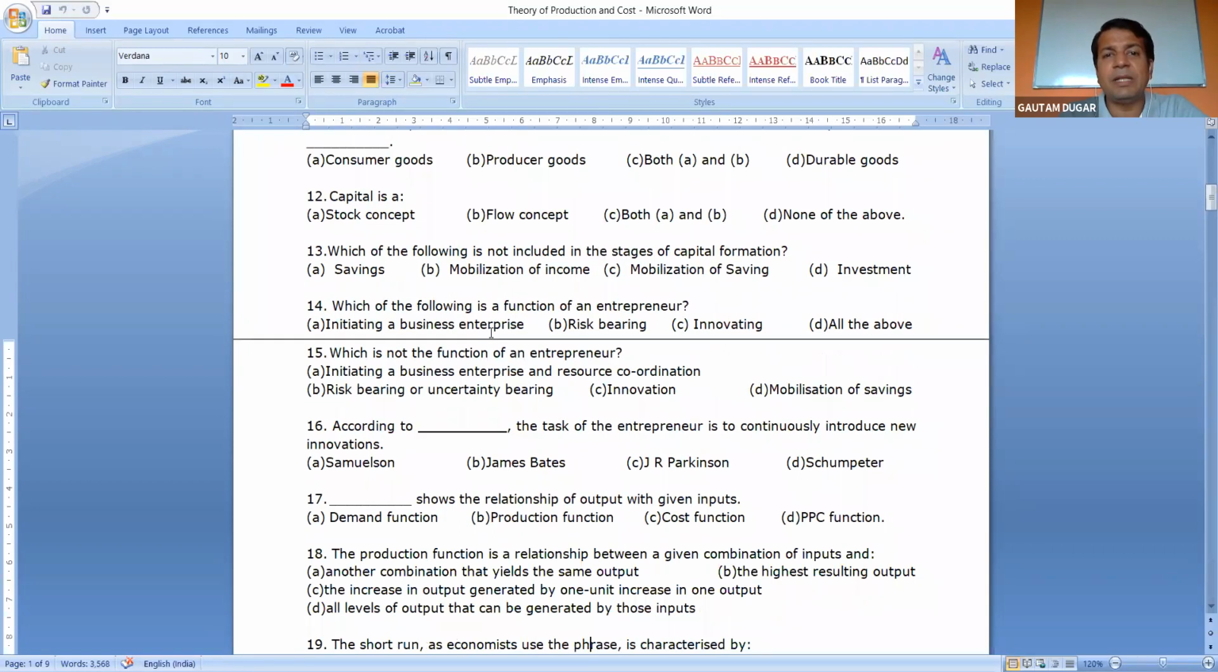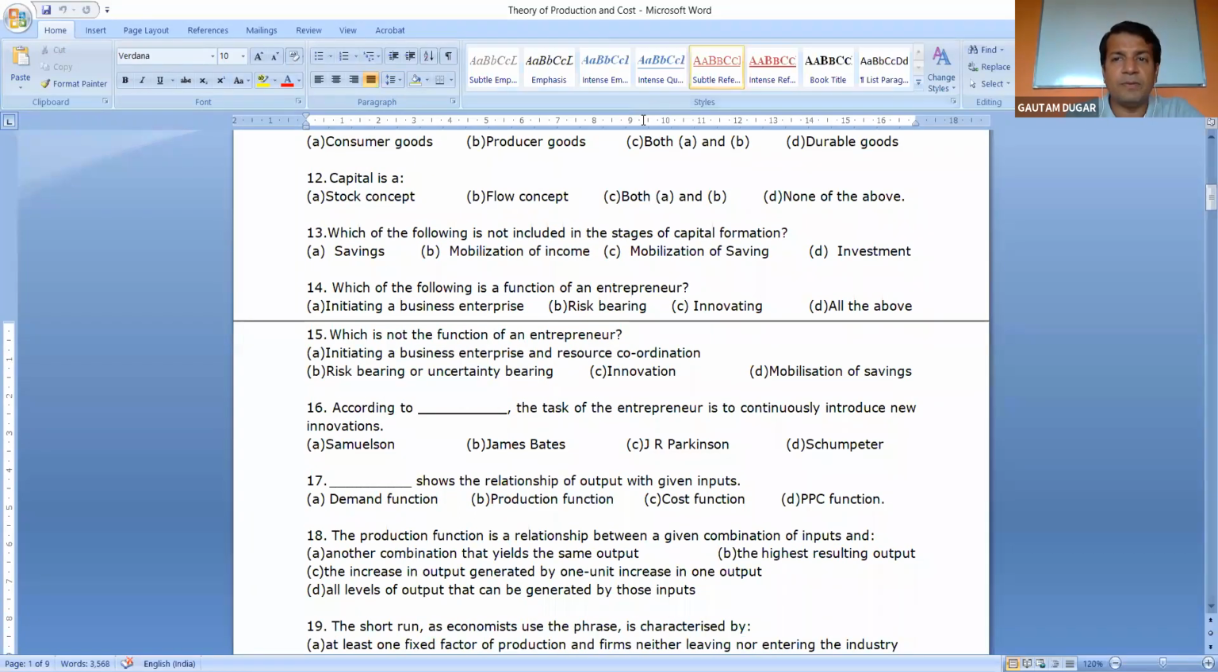Number 12. Capital is a, number 12. The answer is number 12. Yes, it's not a flow concept. It is a stock concept. Majority answers which are coming up was wrong. Capital is a stock concept. Capital is not a flow concept. In economics, income is a flow concept. Capital refers to stock of